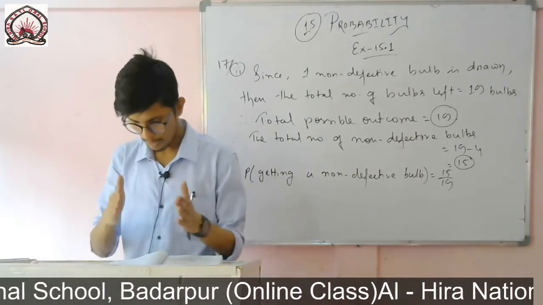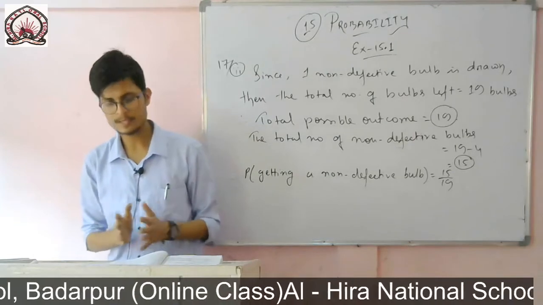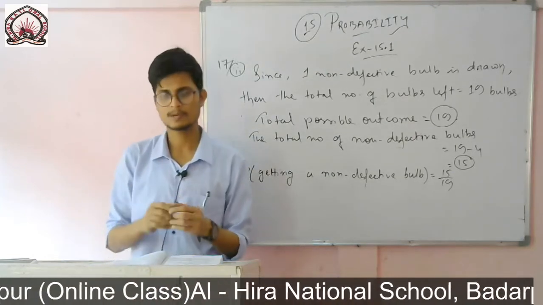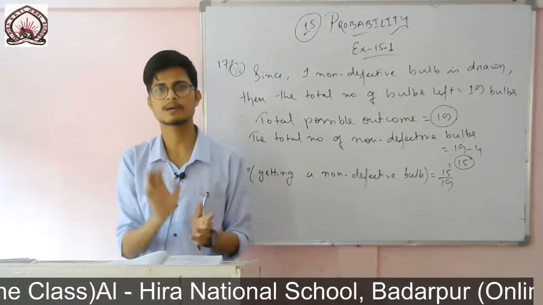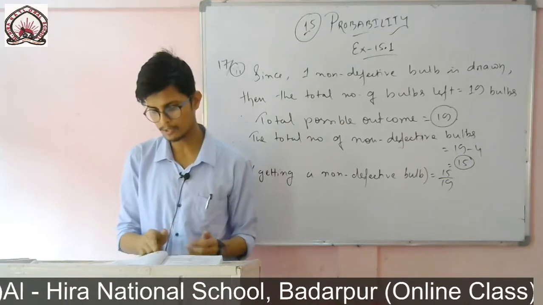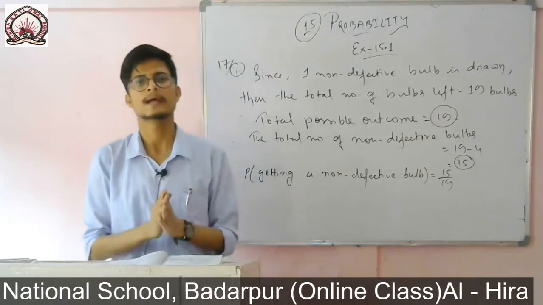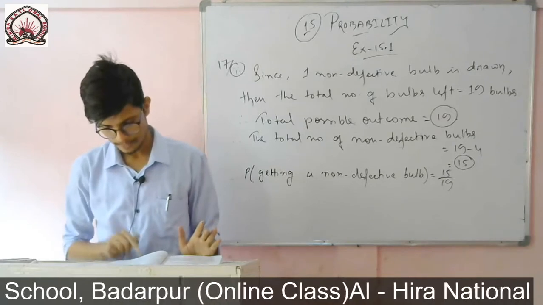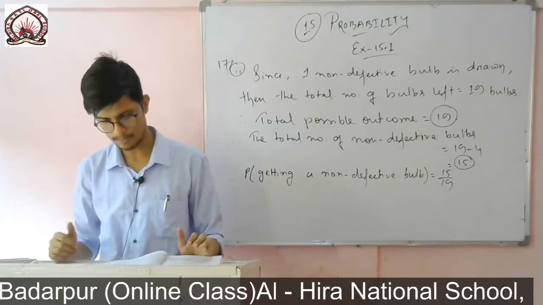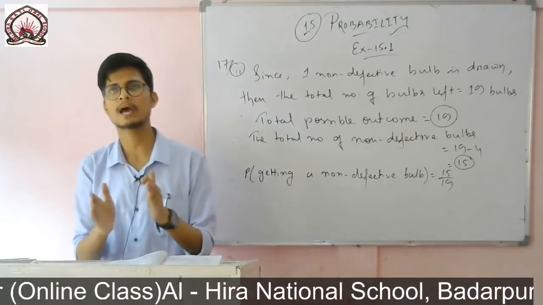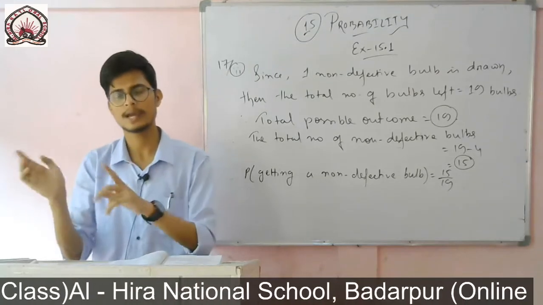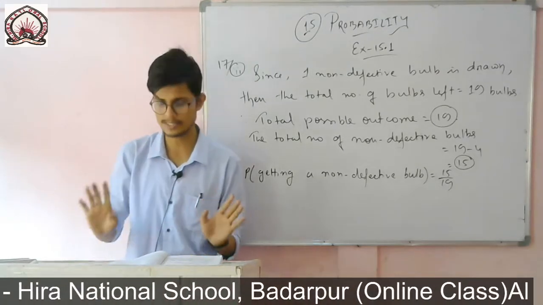So out of 1 to 90, we'll find how many 2-digit numbers there are. The number of 2-digit numbers will be our favorable outcome. Total possible outcome in this case will be 90 in each and every case. Total 2-digit numbers, I will find how many. Simply if I remove 1 to 9, then the remaining are 81. Yes, 81 numbers are 2-digit numbers.